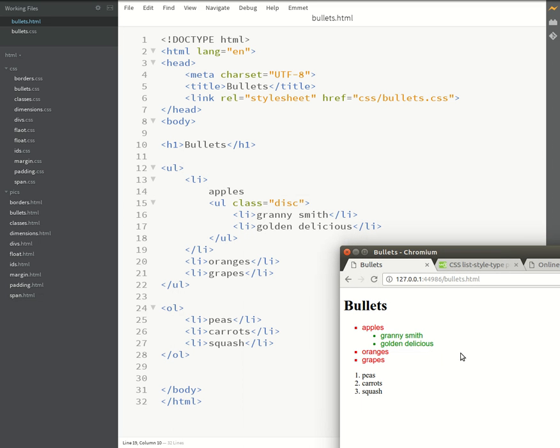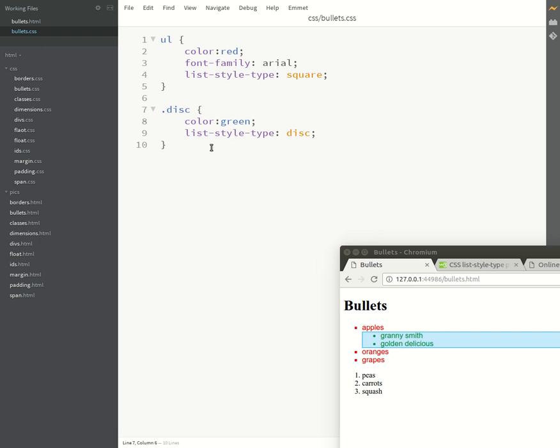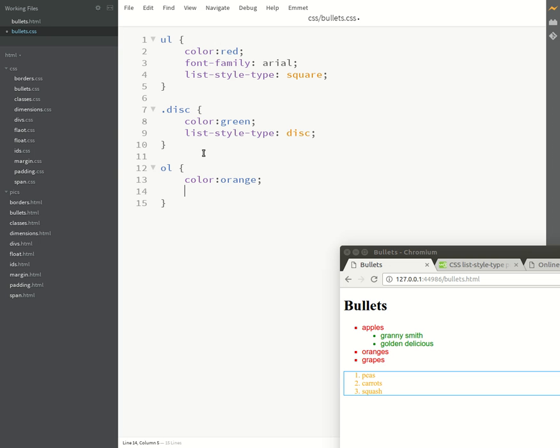Refresh, and notice how the color has changed and the shape is also changed. Now let's work on the ordered list. So back to our CSS, and then for the ordered list we'll just set the color to be orange, and I'll set the font family also to be Arial. Then the list-style-type,